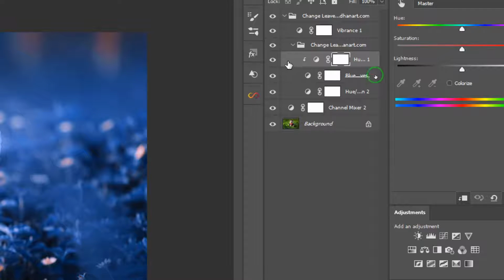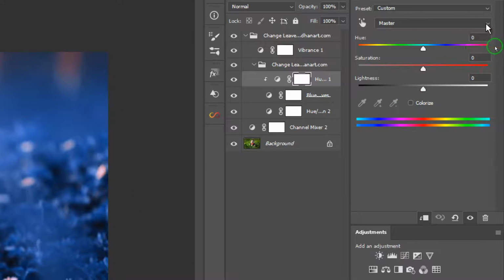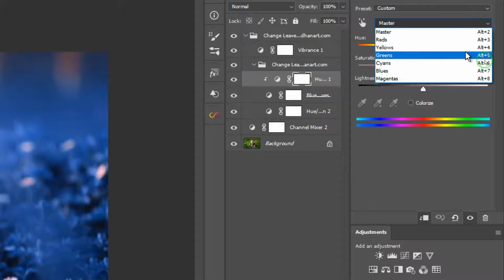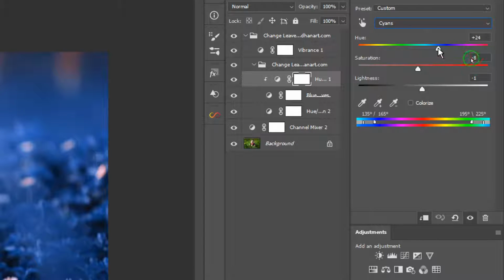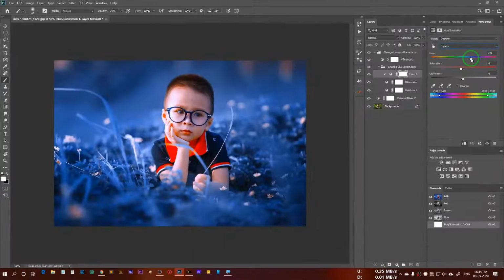This is the hue and saturation layer, and then from here, in this master channel you need to select the cyan, and then you can easily change its color to something else, whichever you want, and you can adjust saturation, lightness and everything else. So isn't that easy?